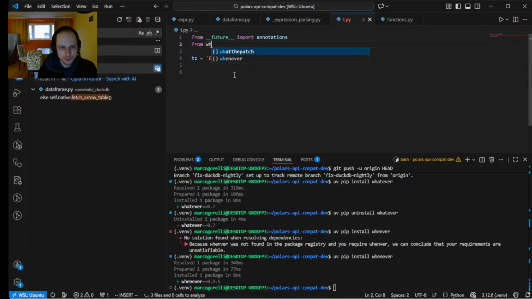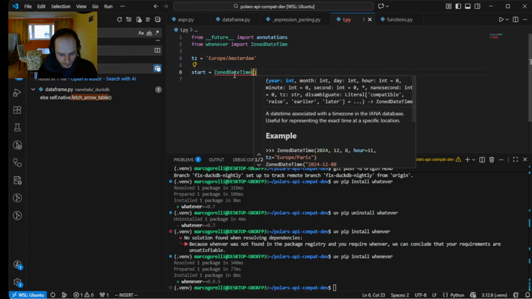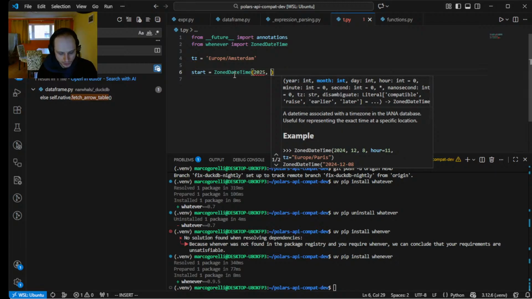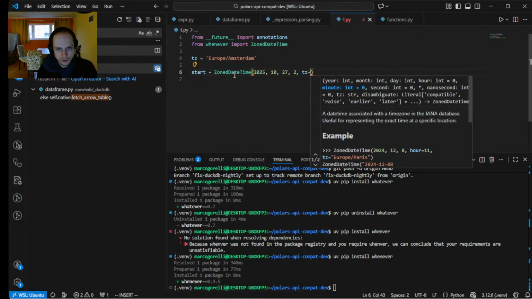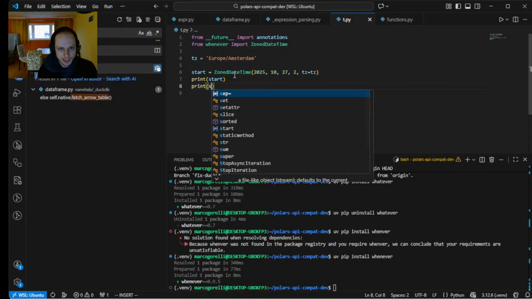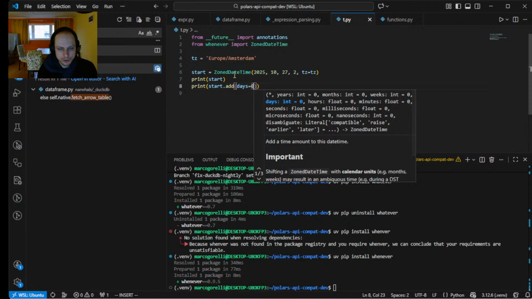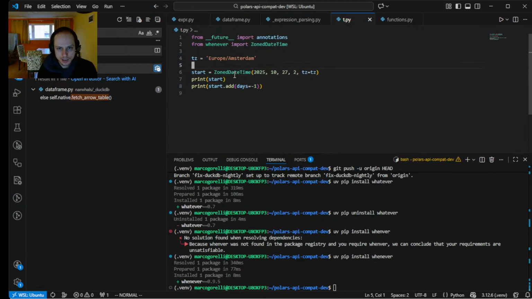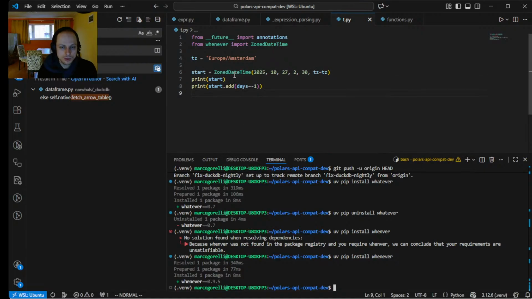So, from whenever, import ZonedDateTime. And then what we're going to say is start equals ZonedDateTime 2025, 10, 27, 2:30, time zone equals the time zone. Print start. Then we're going to subtract 1 day. Now the reason why I've chosen 2:30 is that 2:30